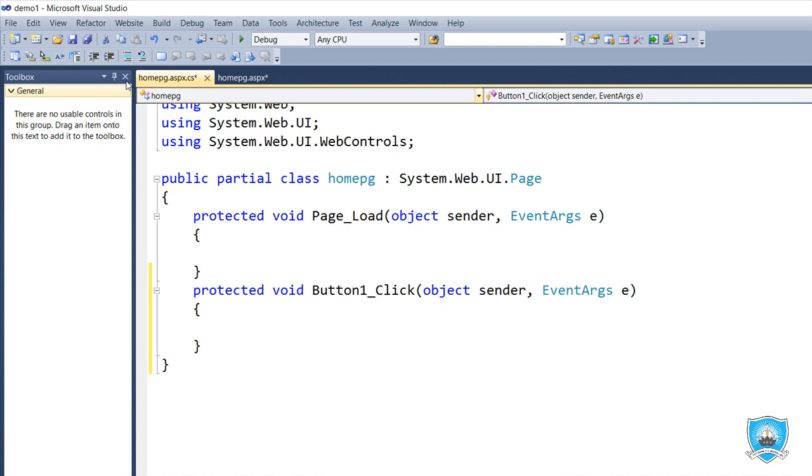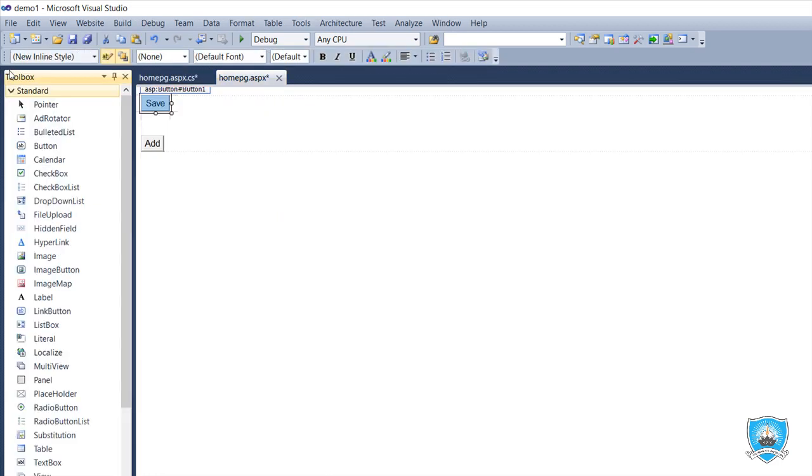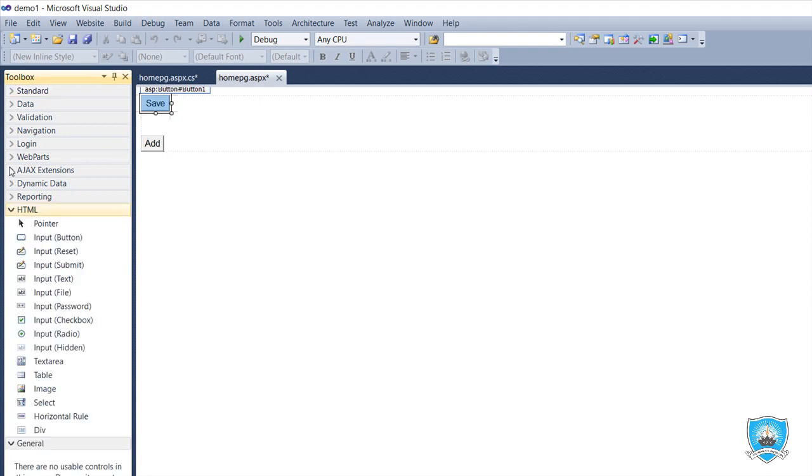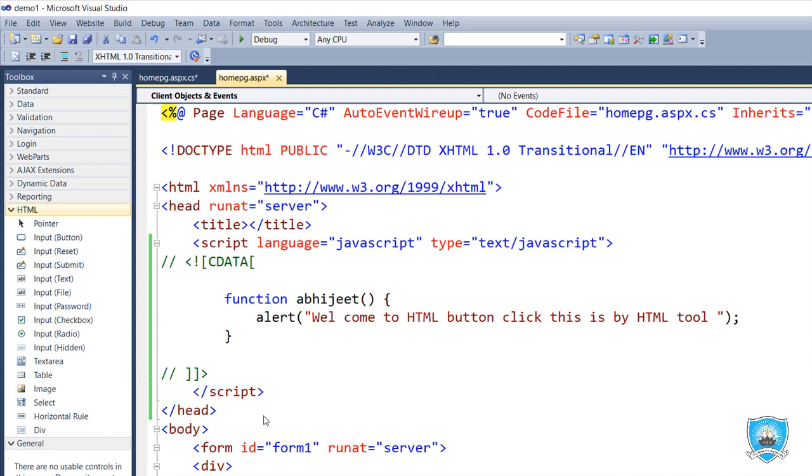Solution Explorer about ASP.NET, the use of the web.config file available in Solution Explorer, as well as the difference between the standard tool process and the HTML tool process. This HTML tool process is always client side. If we want to generate any event, the special event will not generate, but a function will generate, and you can see that. When I click on that, onclick Abhijit is there,